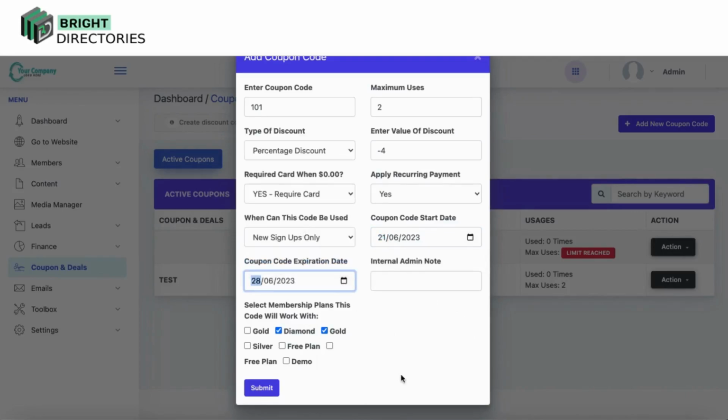Now let's say I choose it for Diamond and Gold, so this will be only for Diamond and Gold, and for new signups only. The members who sign up under the Gold and Diamond plan, and that's a new signup, can avail this code and have the benefit of whatever value you wanted. Right? So once I submit it,